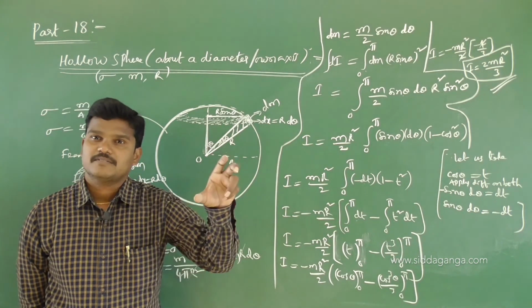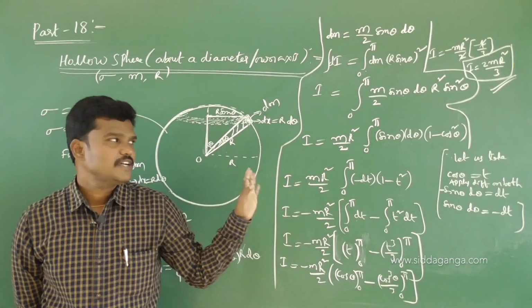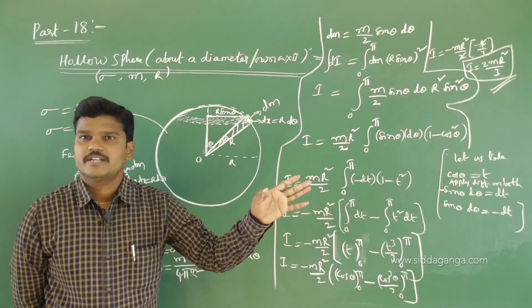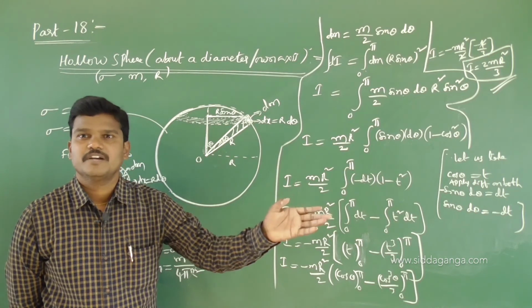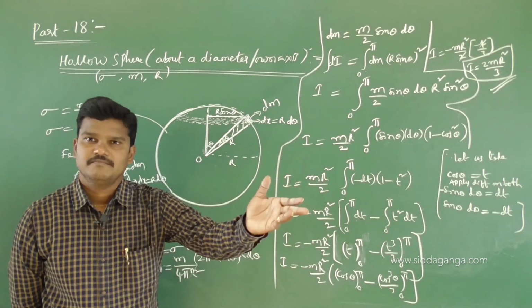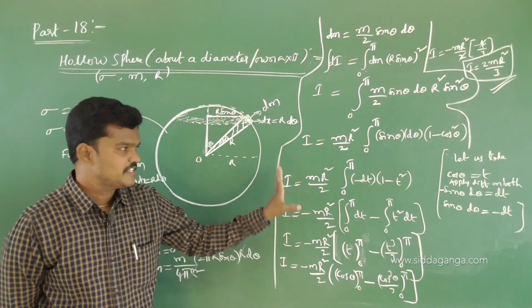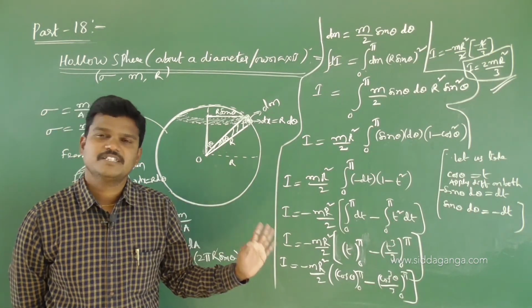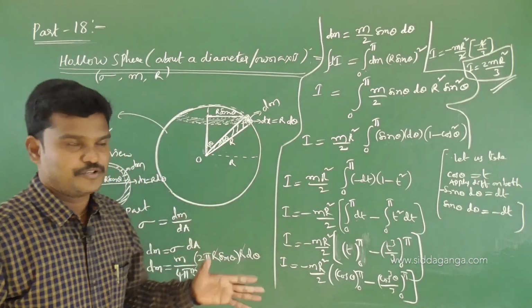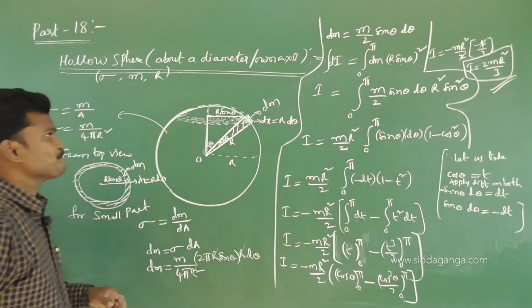Again take a small part, apply the integration as it is like this. You will get dm is equals to rho into dv. Write that dv as an area into some length term. You will get some integration process again. That is easy, not like this. Okay, that also I am going to show you in a later session.